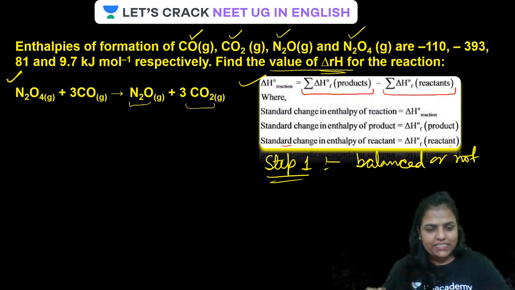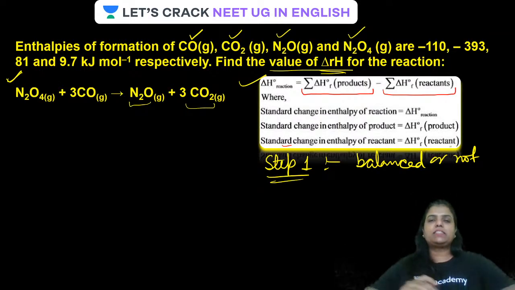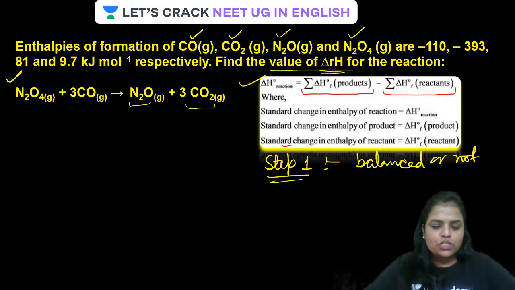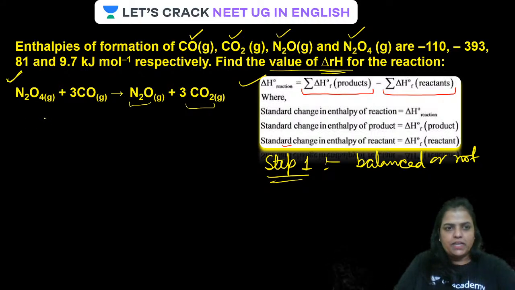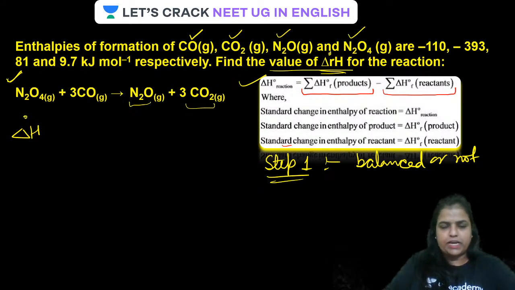Okay, is that clear? Have a look at the screen now. So how is it to be done, guys? The enthalpy of the reaction, let it be standard, will be equal to the sum of the standard enthalpies of the products. So 1 mole of nitrous oxide is forming. So this will be